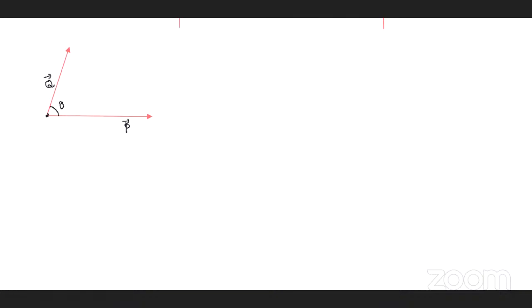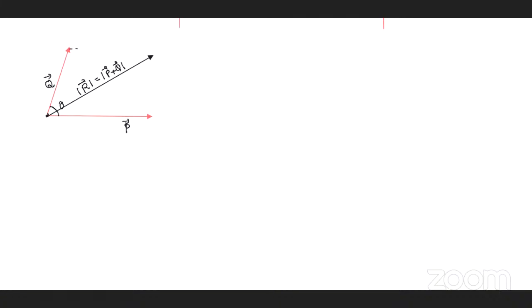Now if I ask the addition of two vectors, as I said previously, the diagonal taken from these two vectors originated from the same point gives the addition. P bar plus Q bar is R bar, whose magnitude is the magnitude of P bar plus Q bar. There is no confusion. But for subtraction of vectors, once you check,